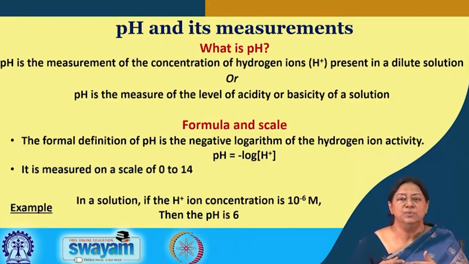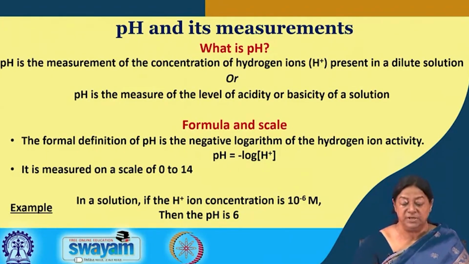When we have acids, we have a hydrogen ion concentration. The measurement of this hydrogen ion concentration is called the pH. This pH is the measure of the level of acidity or basicity of a solution. And there is a specific formula by which we can calculate what the pH of the solution is, and the